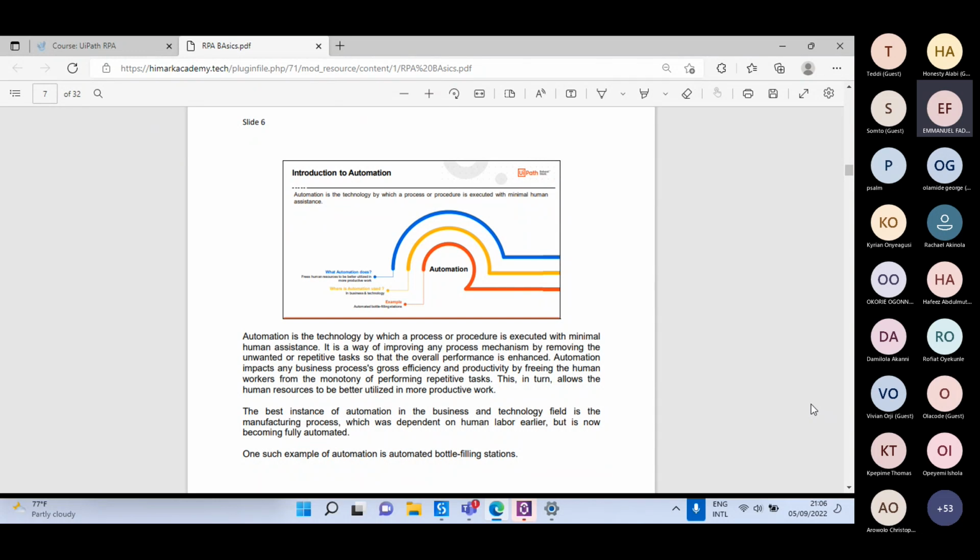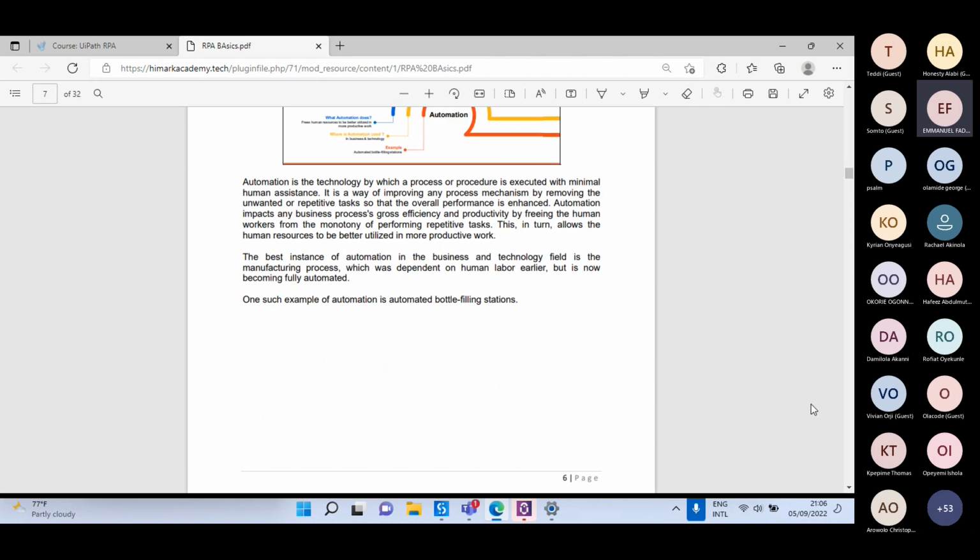So, anyway, automation impacts business processes, growth, efficiency, and productivity by freeing human workers from the monotony of repetition. This in turn allows the human resources to be better utilized in more productive work. The best instance of automation in the business and technology field, which was dependent on human labor, is now becoming fully automated. Okay, so they are telling us that human labor, which many industries depended on, is being